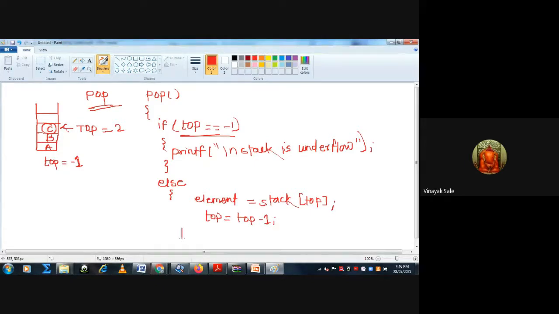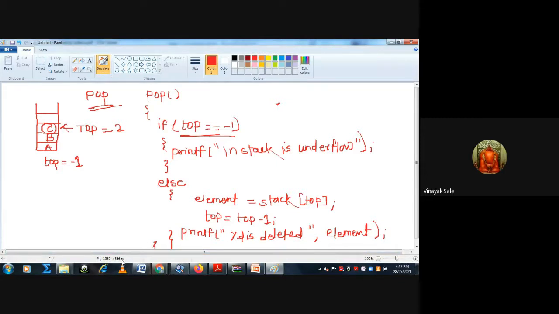Then printf "%d is deleted", element, then bracket complete, then this bracket complete, then main bracket complete.